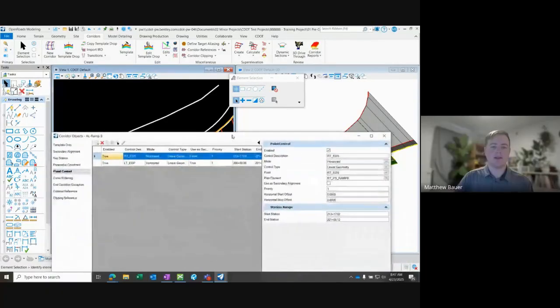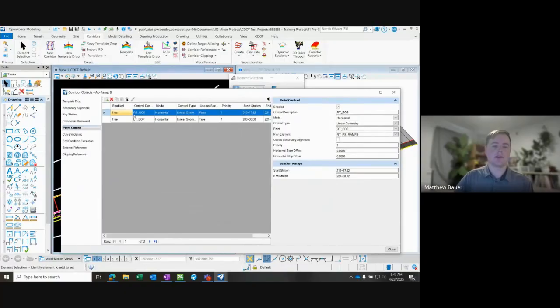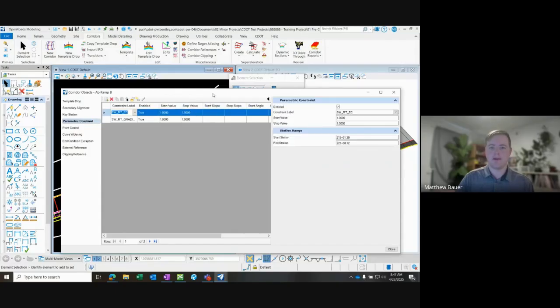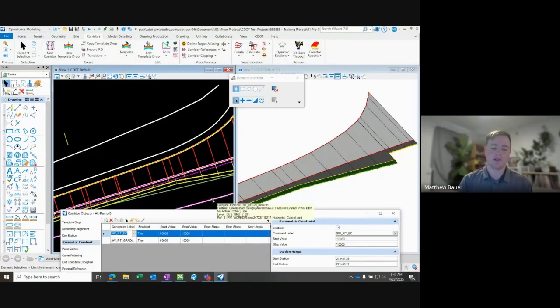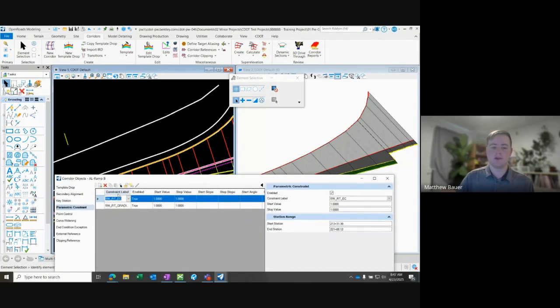Okay, so the second big piece here on how we control our corridors is parametric constraints. If you remember back to our template discussion, these call back to the labels we put in our template. For example, if we put in our ramp shoulder width, we said it was 6, but we put a label in there that said ramp shoulder width. This is where we can change those default values, using these